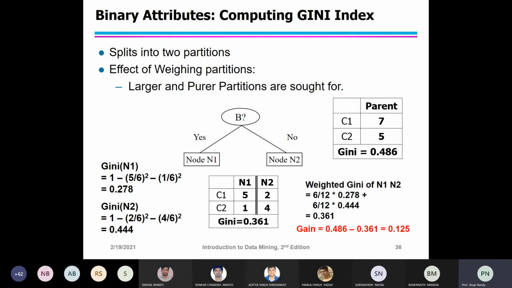For the binary attributes, I am computing the Gini index. Only a table will be given to you, and from the table you have to form everything. Clear, sir? Yes, sir. Good, very good.